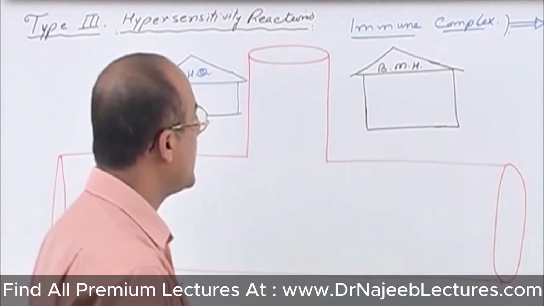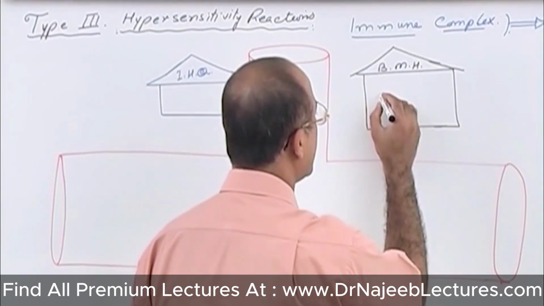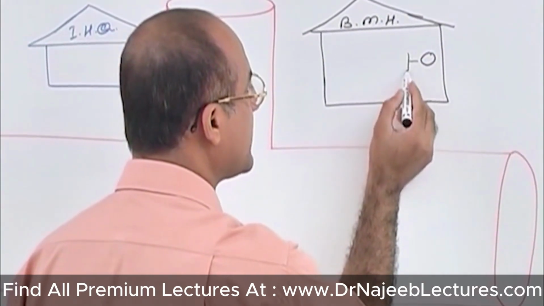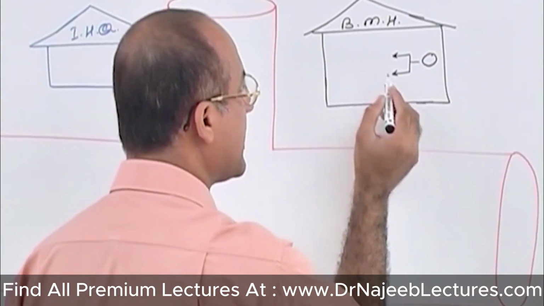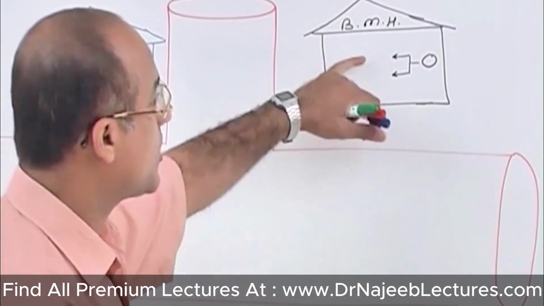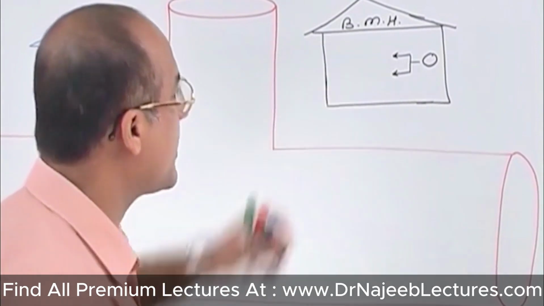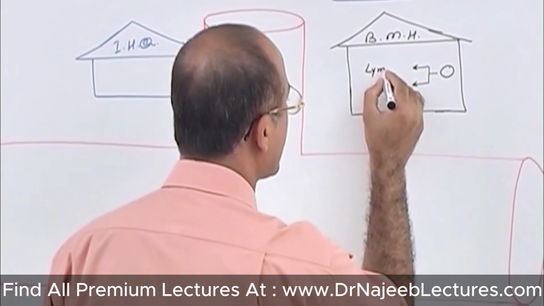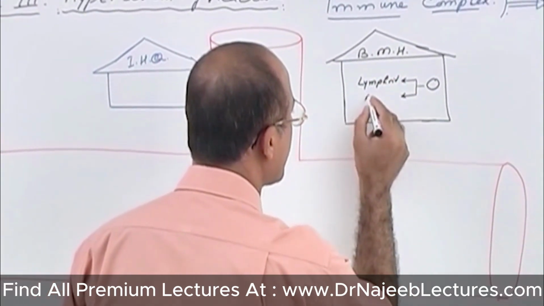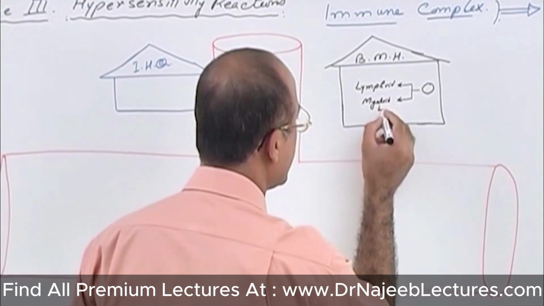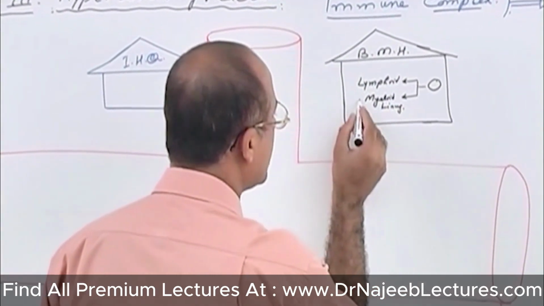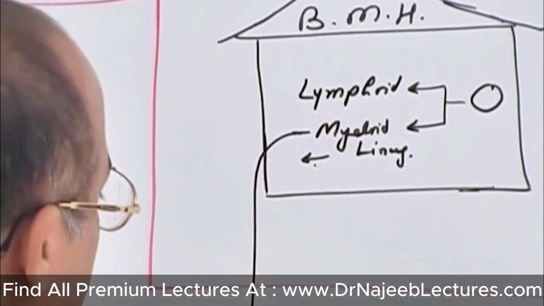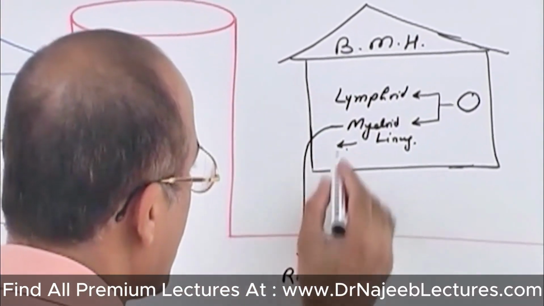Already you know that in the bone marrow there are stem cells, right? And the stem cells go into two lines: there is the lymphoid lineage and the myeloid lineage. Now out of this myeloid lineage, one line is responsible to produce RBCs,